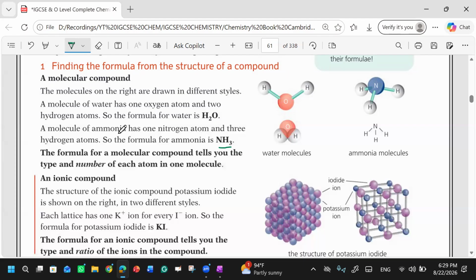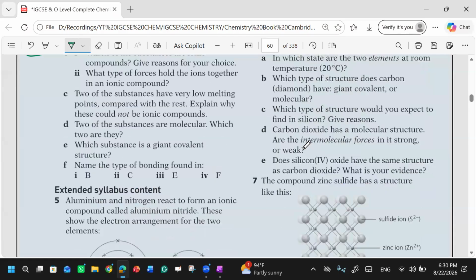If they ask you atoms, it means you have to mention one oxygen atom, two hydrogen atoms. They are not talking about electrons. They will not ask you how many electrons are there. You must know electrons just for bonding, to write the electronic configuration. Otherwise, you don't need that. In this, they can ask you what type of bonding is this and how many atoms are there. Simple. In ammonia, there are four atoms. In water, there are three atoms, right?